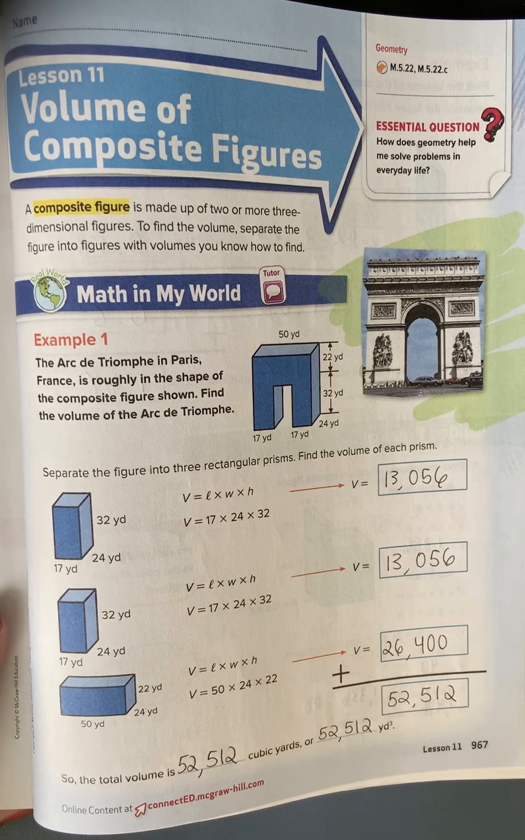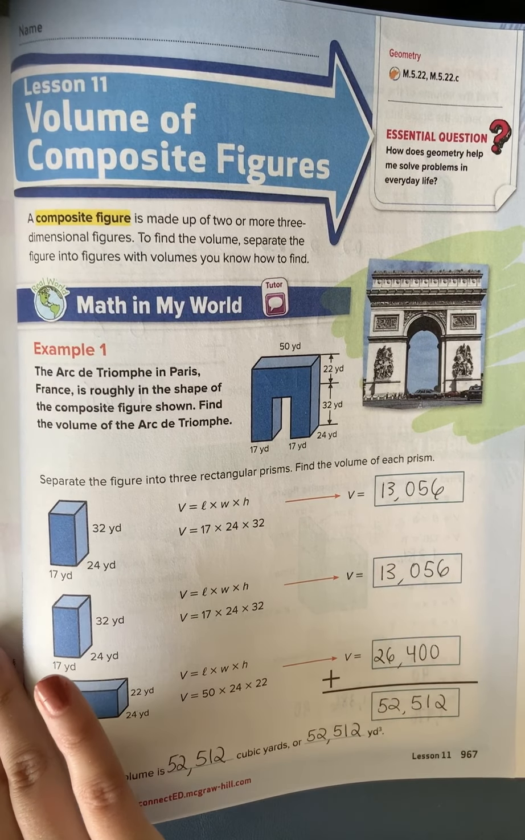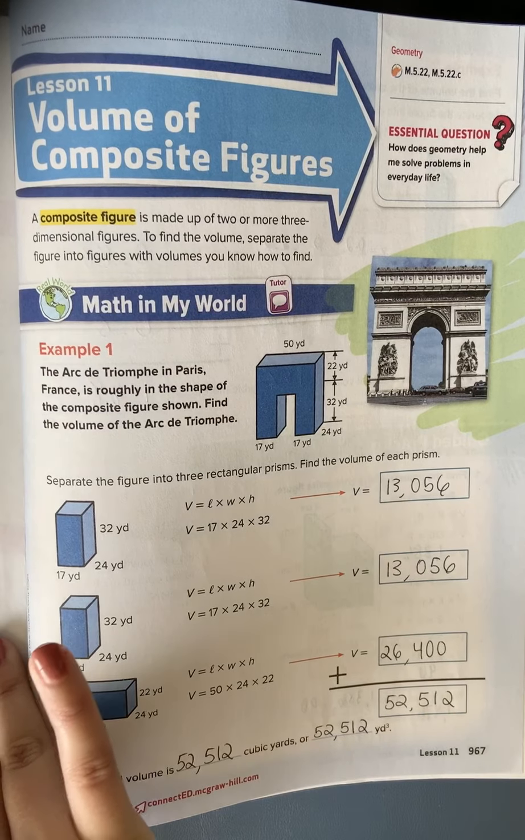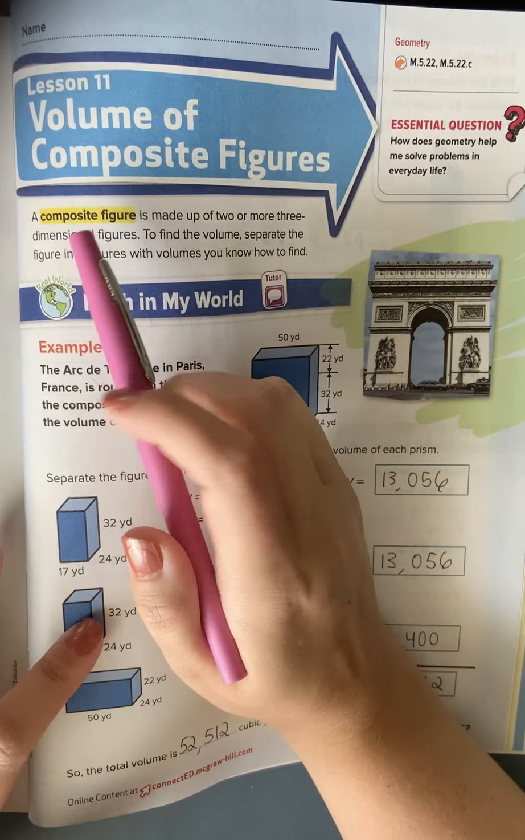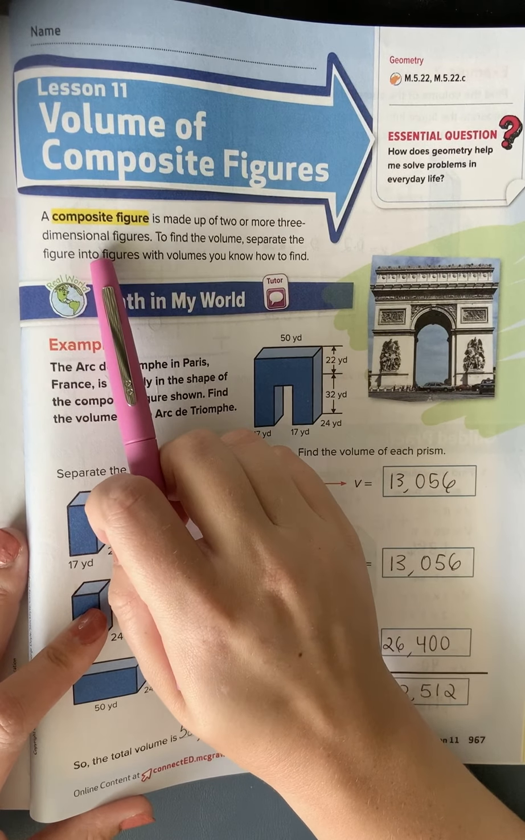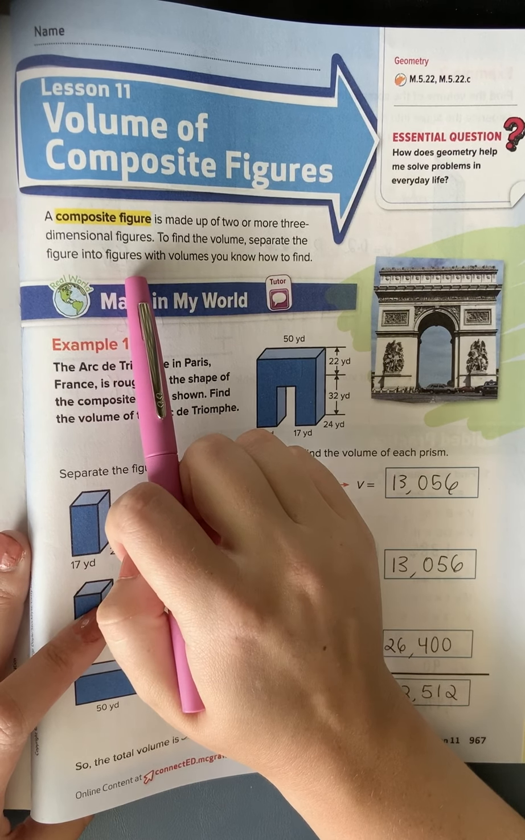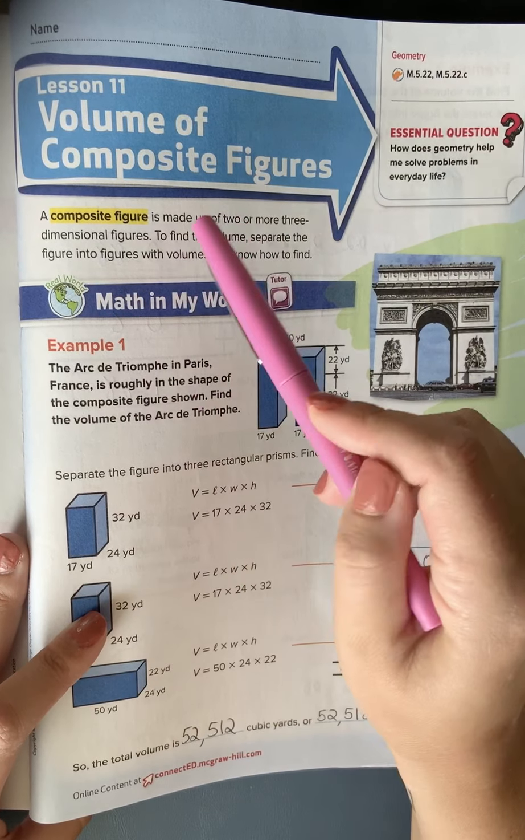All right, so the next lesson that we have is lesson 11, chapter 12, lesson 11. This is volume of composite figures. So the last lesson, we pretty much worked on this, but we were building them, so it was more hands-on. Just to remind you if you forgot, a composite figure is made up of two or more three-dimensional figures. To find the volume, separate the figure into figures, meaning separate them by pretty much like row, with volumes you